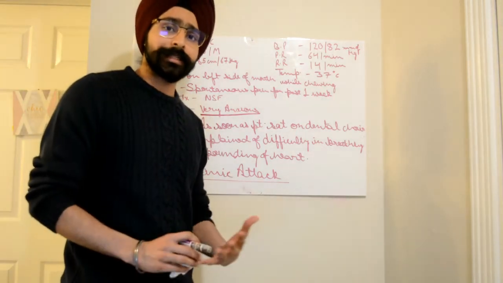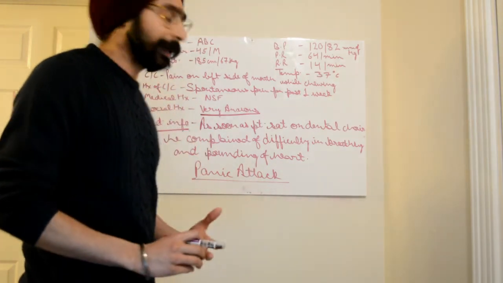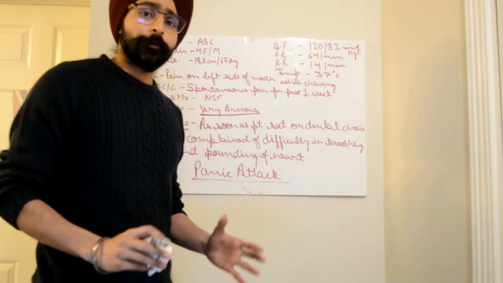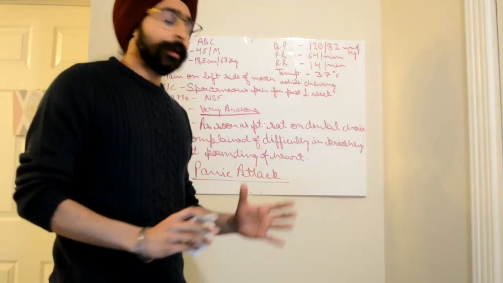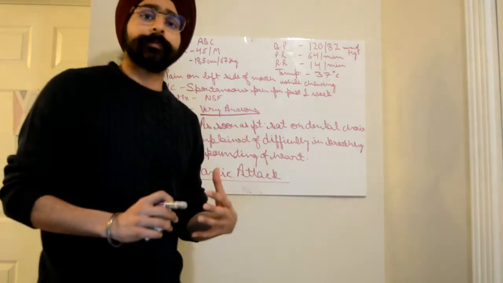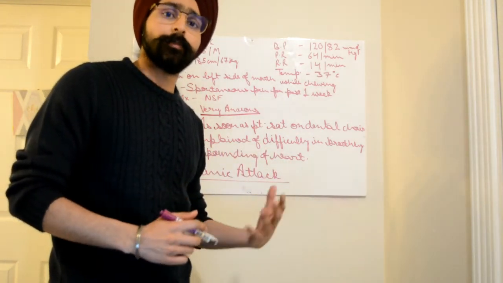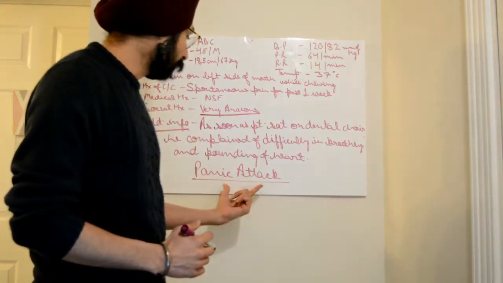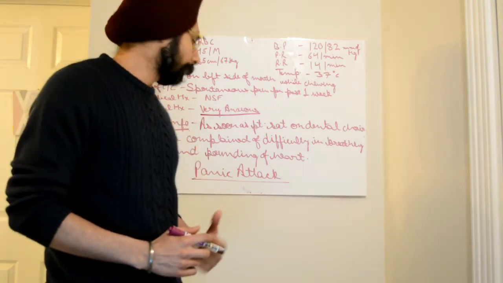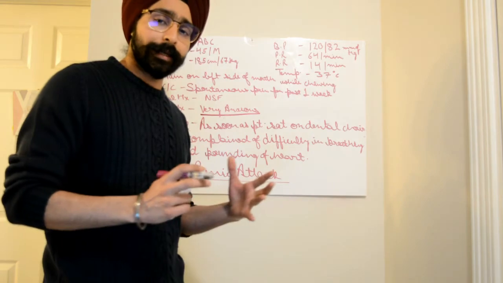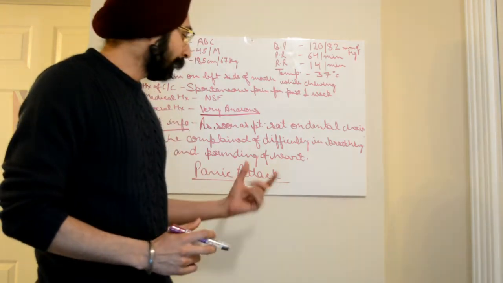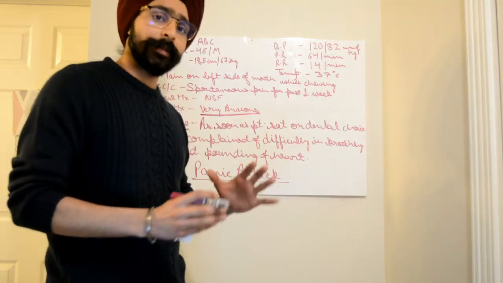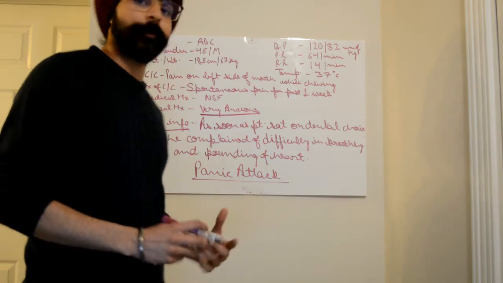Before I answer the immediate and appropriate management, I would first like to tell you the difference between panic attack and hyperventilation. If in a given question, the additional information says that the patient's breathing increased more than 19 or 20 breaths per minute, then instead of choosing panic attack, go for hyperventilation. But in case if in the additional information rapid breathing is not mentioned, then don't choose hyperventilation. Then in the same history, panic attack will fit the answer.